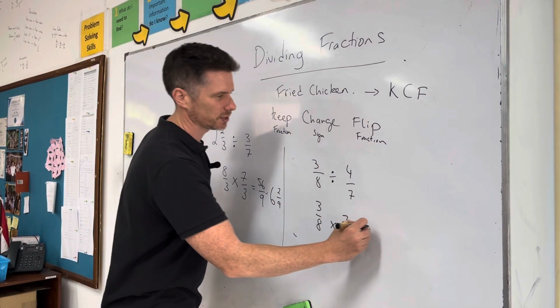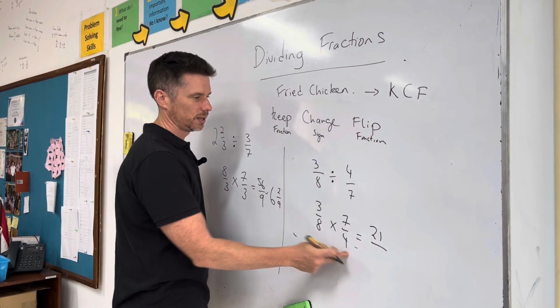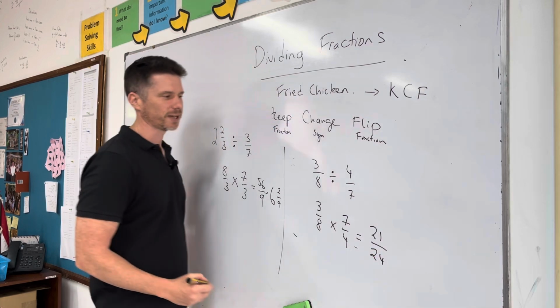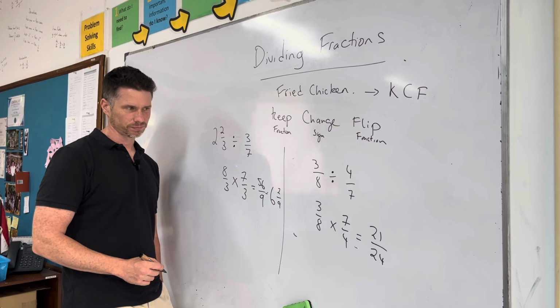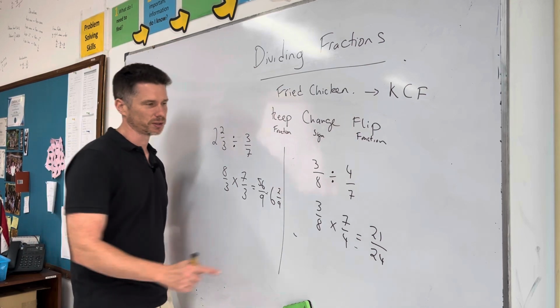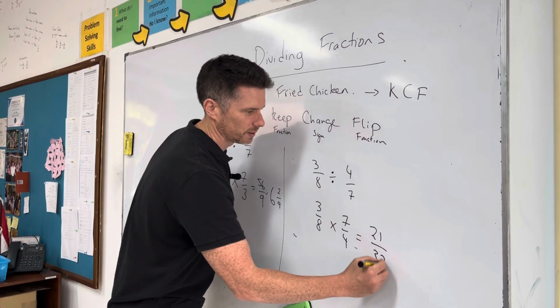Then go straight lines, 21 multiplied, 24. And if I can simplify, I do simplify. Can I simplify this? Yeah. Oh, sorry, 32, yeah. Can I simplify